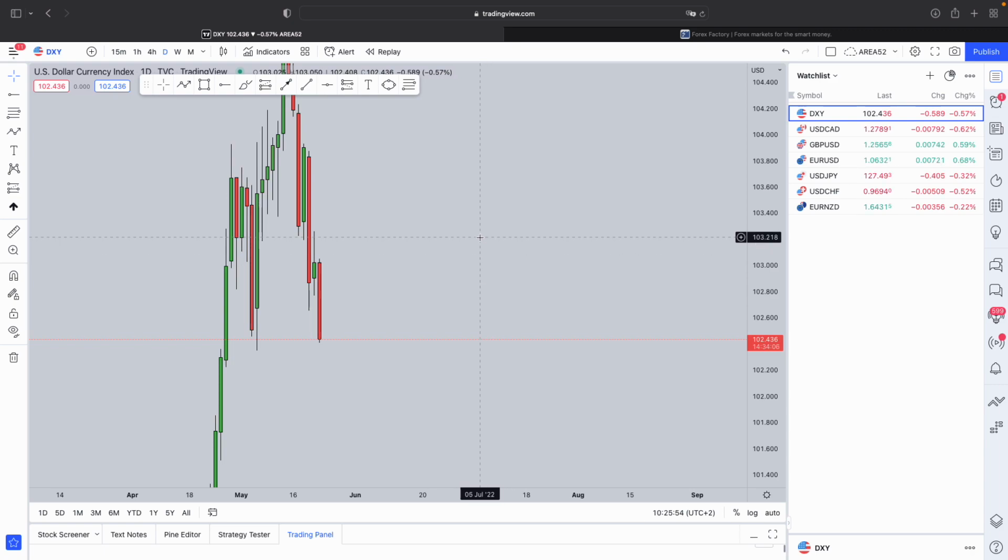Another weekly market breakdown, and today we're going to take a look at the forex pairs, which is the dollar index, the USDCAD, GBPUSD, EURUSD, USDJPY, USDCHF, and then someone asked me to take a look